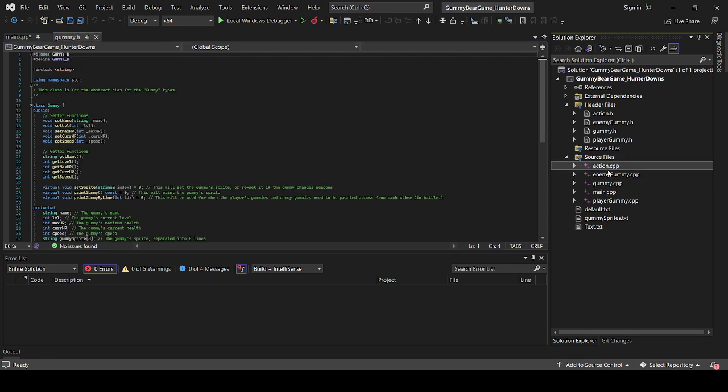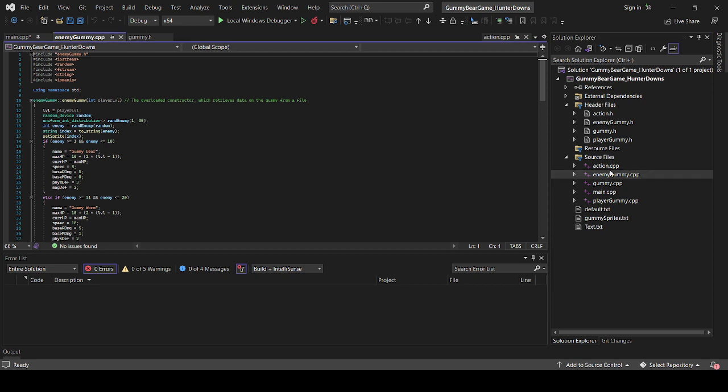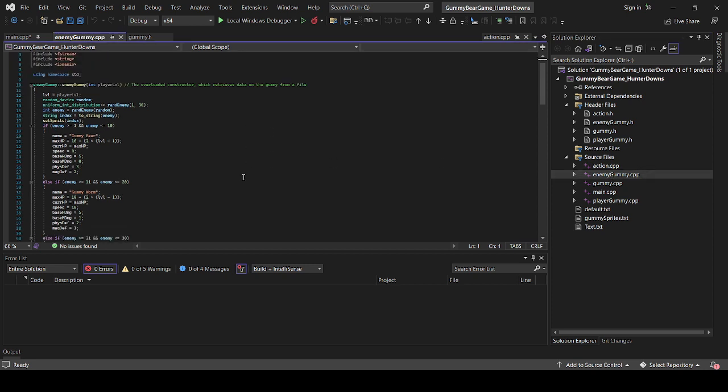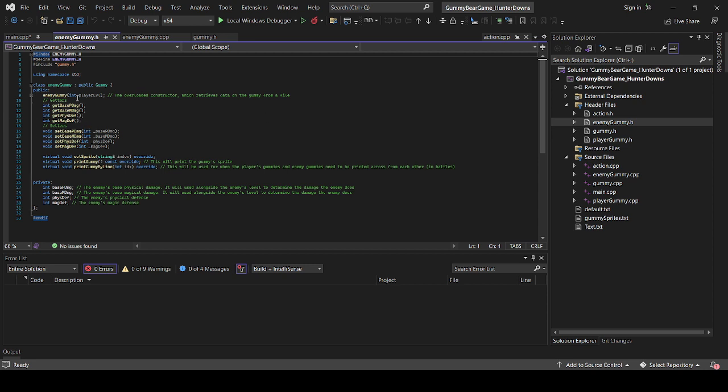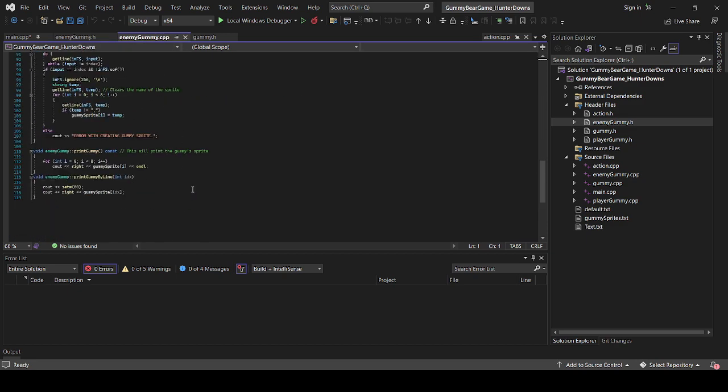Then enemy Gummy, not too different from Gummy, except obviously it has physical and magical damages and resistances. However, for also enemy Gummy implementation,